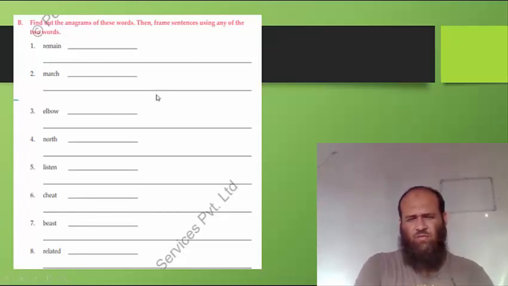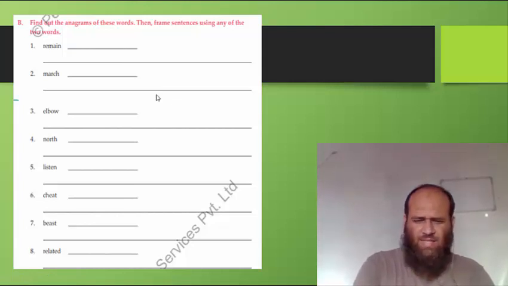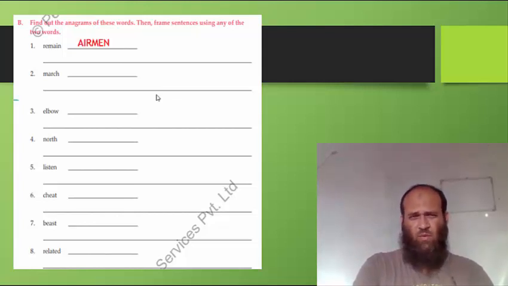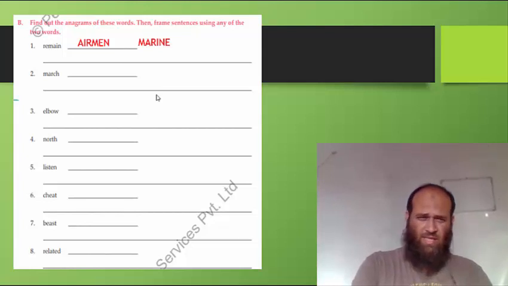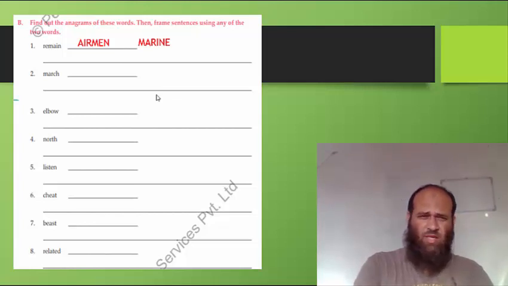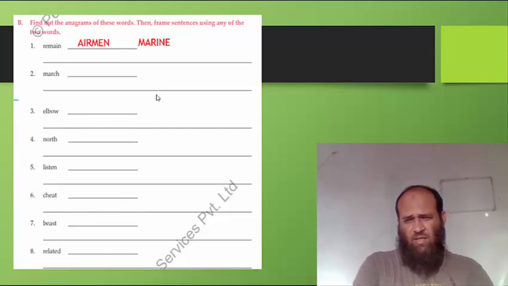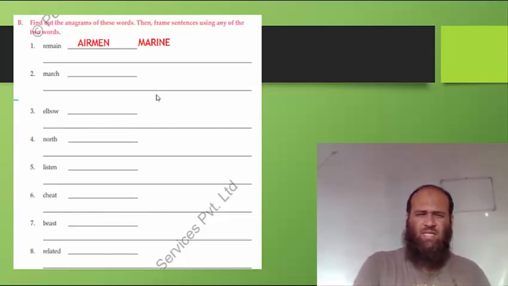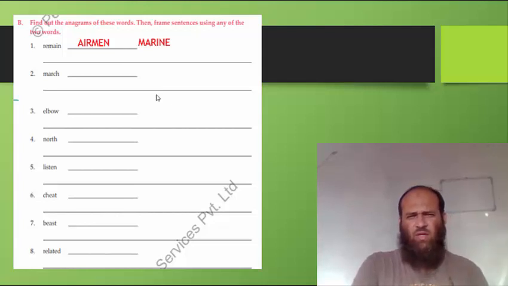Find out the anagrams of these words and then you're supposed to make new sentences using the words that you have found. Remain. What will remain become? Remain will become airman. It can also become marine. So what sentence can we make using airman or marine? There are various options like the marine is a very fascinating industry. Like this, you can make different